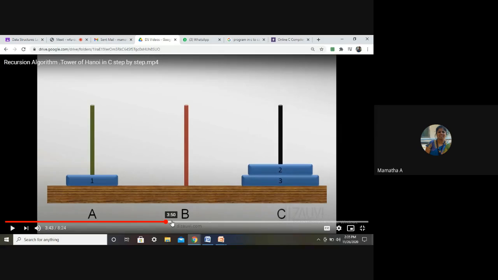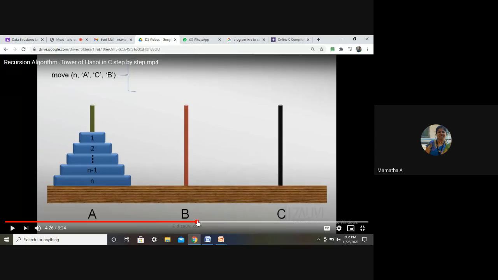1 from A to C. So totally I had 3 moves. So in general, the diagram is like this. You can see you have n disc. So I'll have to move n minus 1 disc from where to where? A